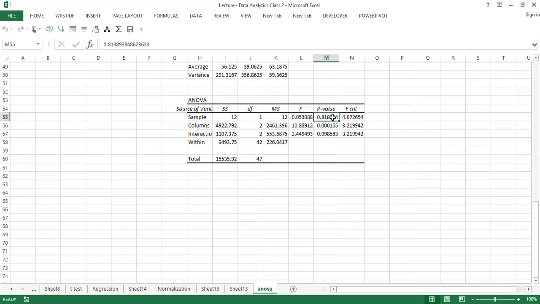Here, you can see it's telling you that the p-value for the sample, that's like the rows now, is 0.81. The p-value for the columns is what? 0.00 something. For the interaction it is 0.0009. What this is simply telling you is that the gender does not seem to have